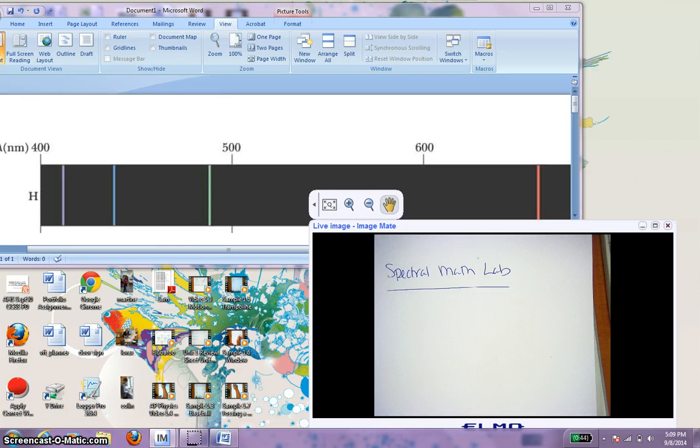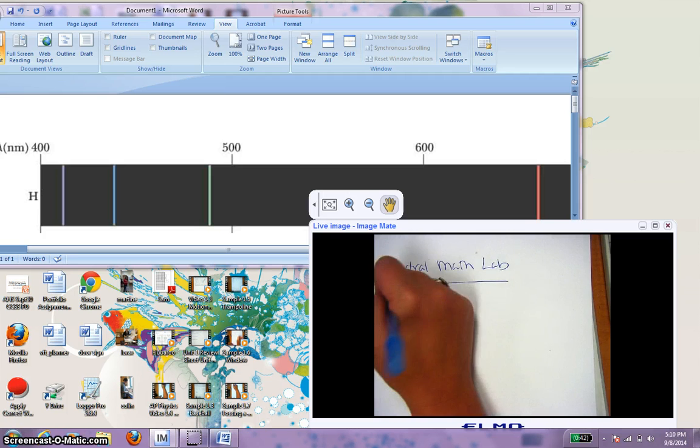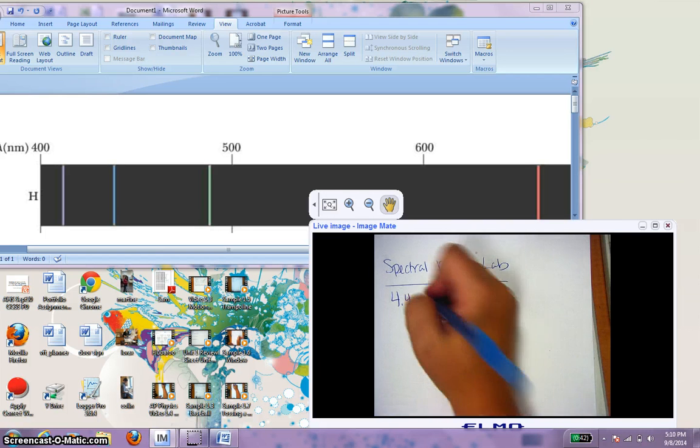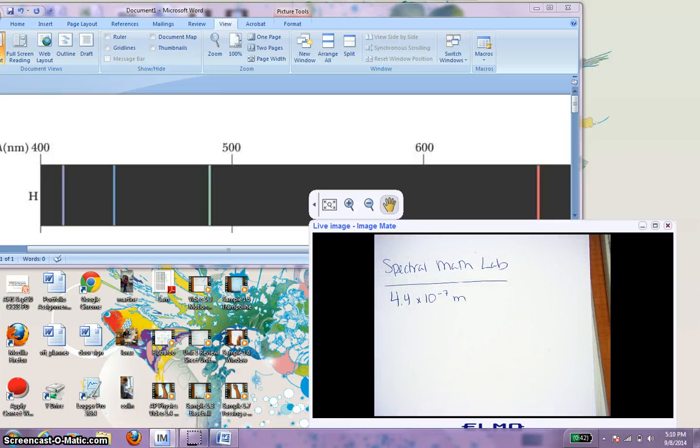And I ask you to draw those lines where you see them, so make a little scale in that long rectangular box, and then draw the lines that you see. Then I want you to select one of those lines. So if we pick, say, this blue line, that would be roughly at about 4.4, right? 4.4, which on the scale that we have is 4.4 times 10 to the negative 7 meters,